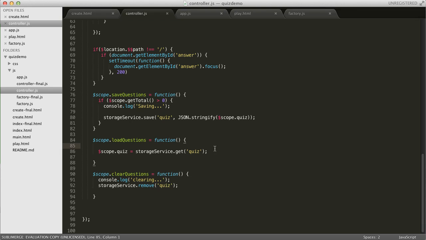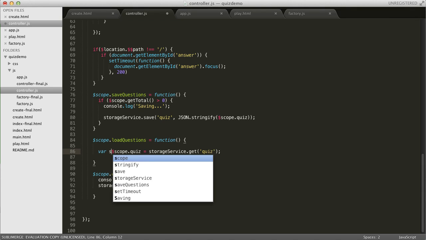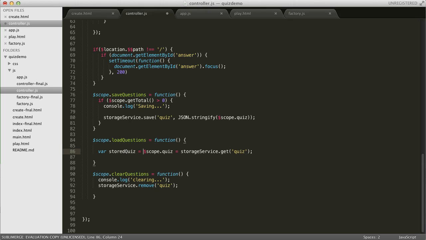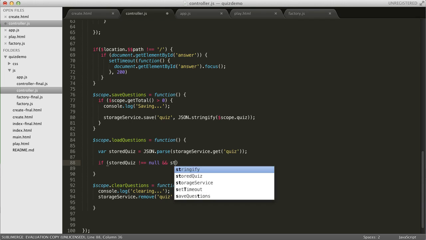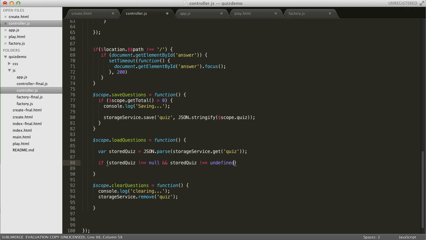First let's do it this way, where we create a new variable, call it stored quiz, and do JSON parse, so to parse the result. And actually, you know what, it still won't work because there's just something funky about the scope object that appends onto arrays. The way we have to do it is like this. So if the stored quiz is not null and stored quiz is not undefined,